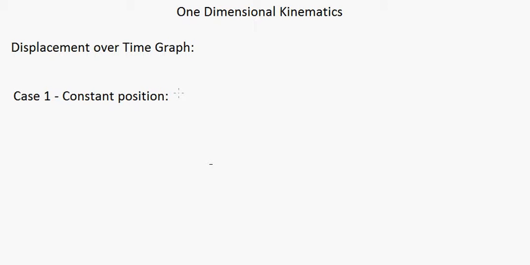Well, what do we mean by constant position? Constant position means the position is constant forever. As we move forward in time, the position is not changing. That is, there is not gonna be any displacement, right? So if you have to draw a displacement versus time graph for constant position,